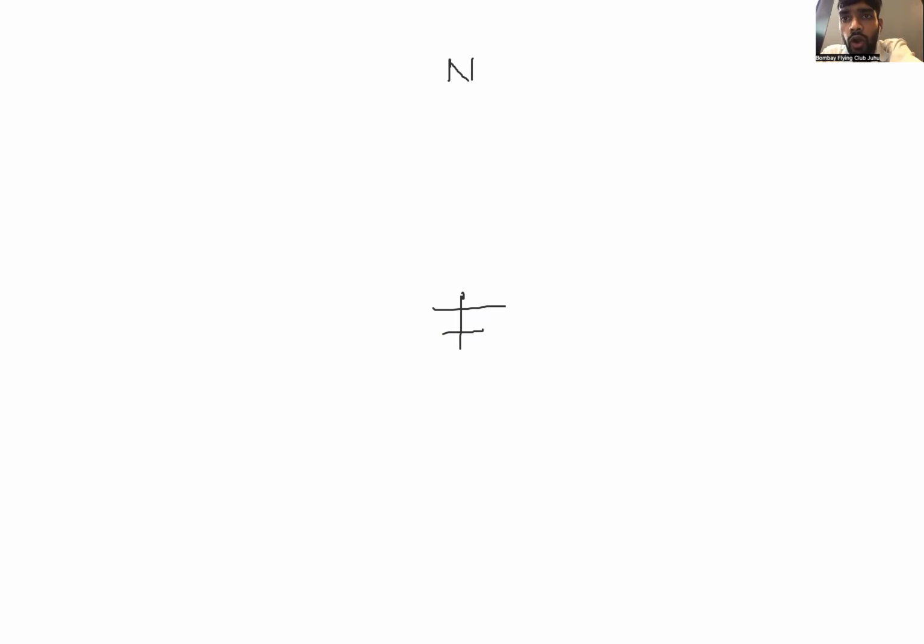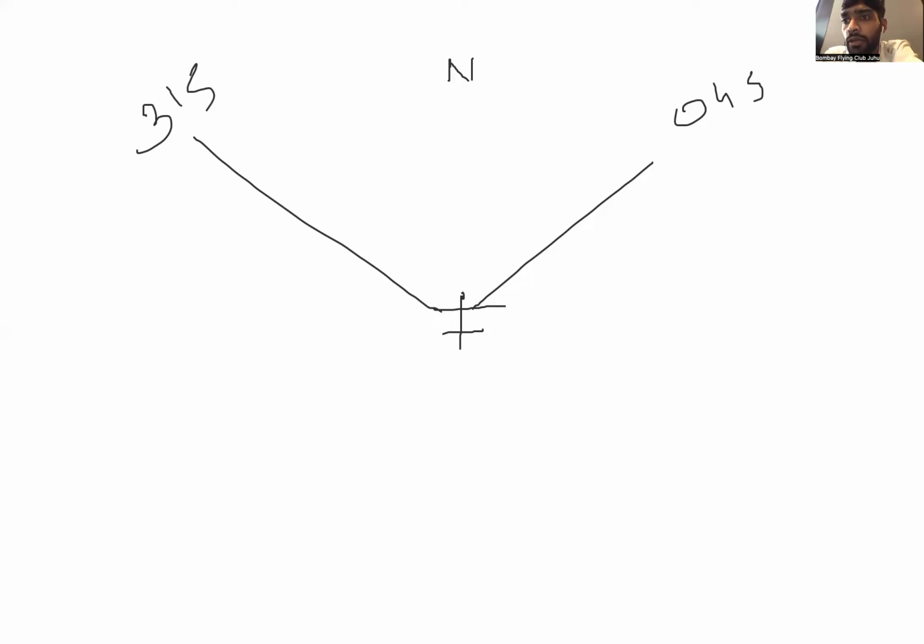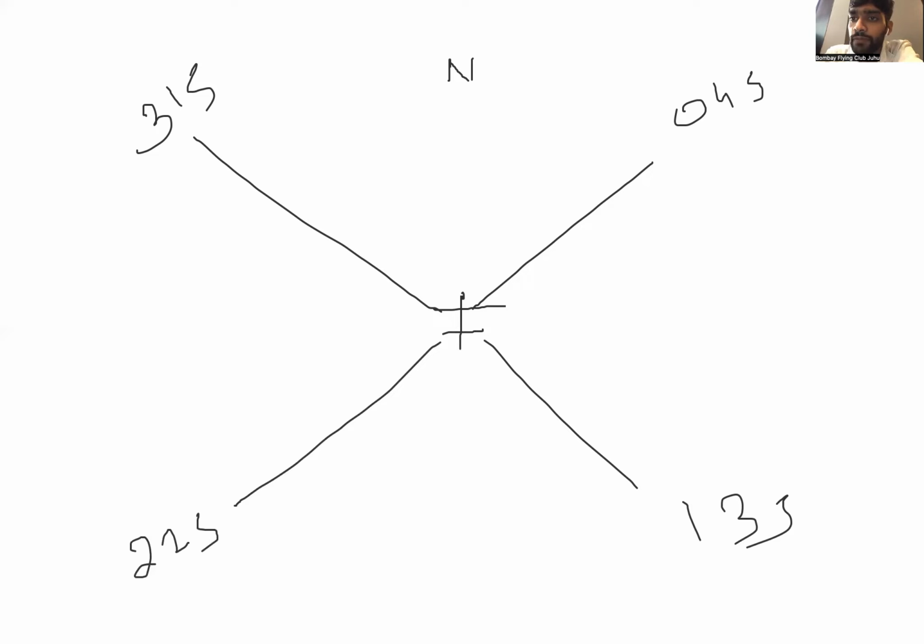So from 045 to 315 का एक सेक्टर बन जाएगा, और दूसरा सेक्टर बनेगा 135 and 225 degrees. So from your aircraft, whatever the sector is ahead of you, between the headings of 045 to 315,